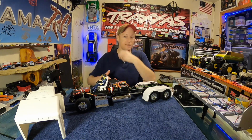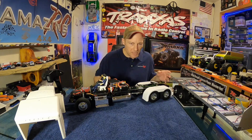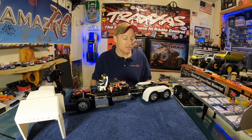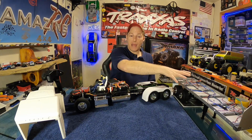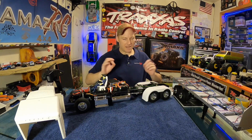I want to be able to back it into teeny tiny little spaces. It's going to light up, it's going to blink, it's going to make noise, it's going to do smoke, it's going to do all that. But I want to be able to drive it too. And I'll tell you right now, when I had the dual stick out in the kitchen for about 2 hours, I ran it into everything. Backwards, trying to back the trailer. This by itself was fine, but trying to back it up with the trailer, man,